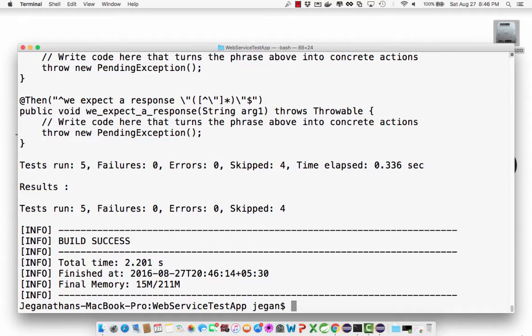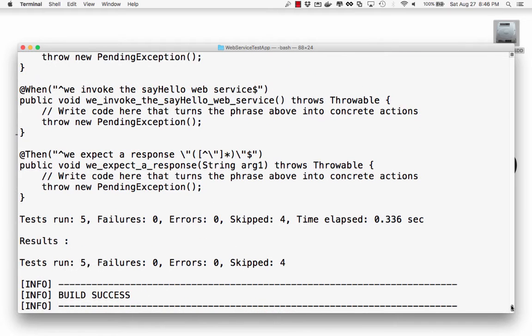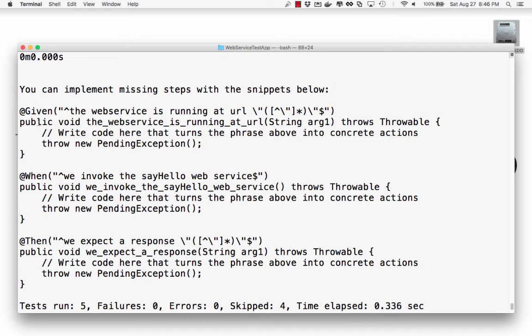Okay, we are good now. So basically we are getting some errors, of course. The build is success, fine, and run 5, failures are 0, it's fine. But the framework is basically saying that these steps are missing. Okay, and above this, if you notice,